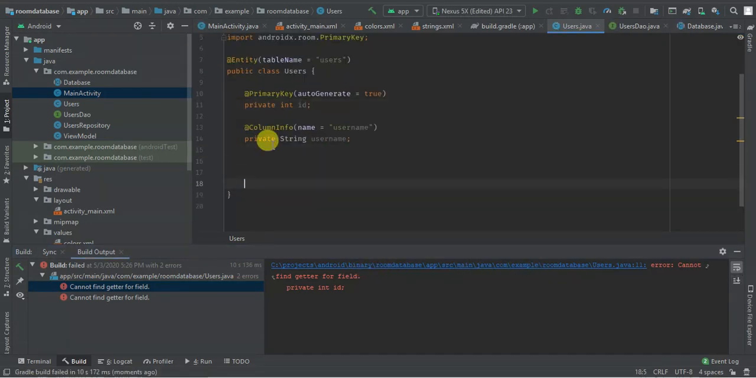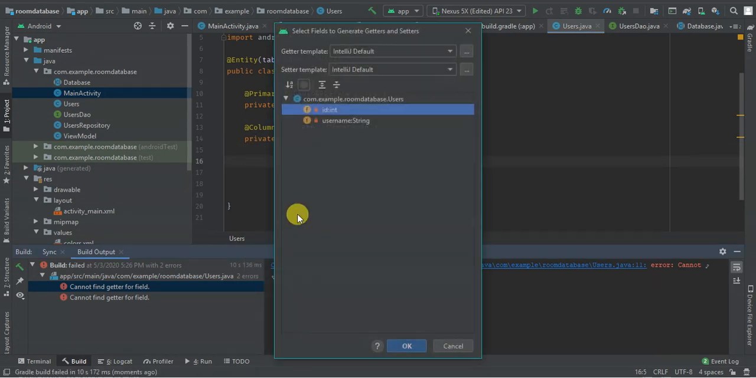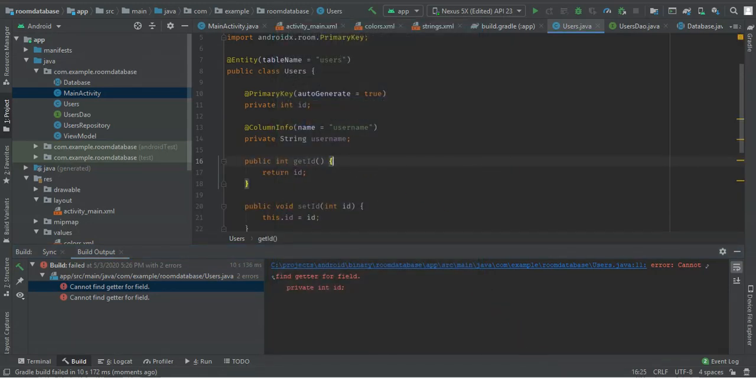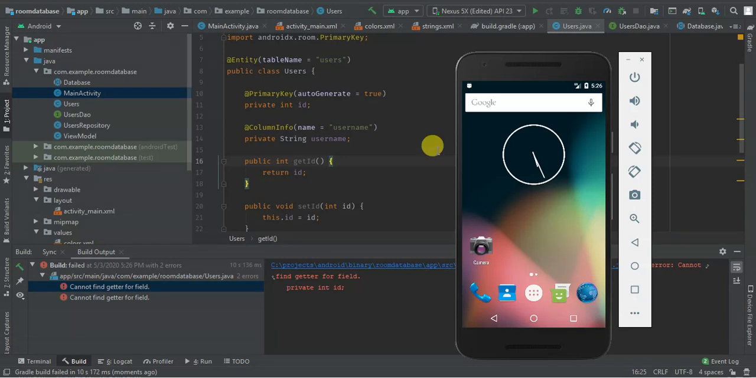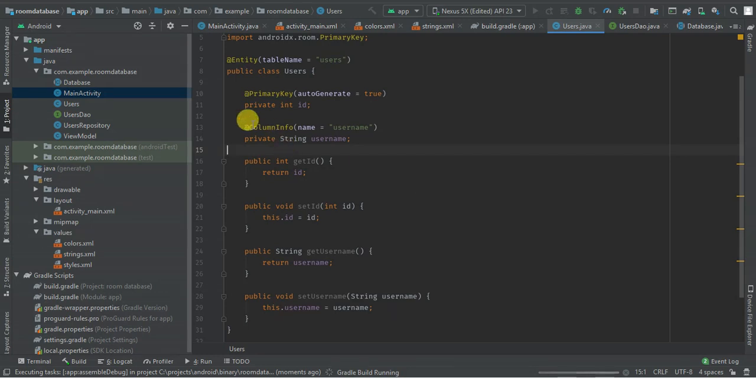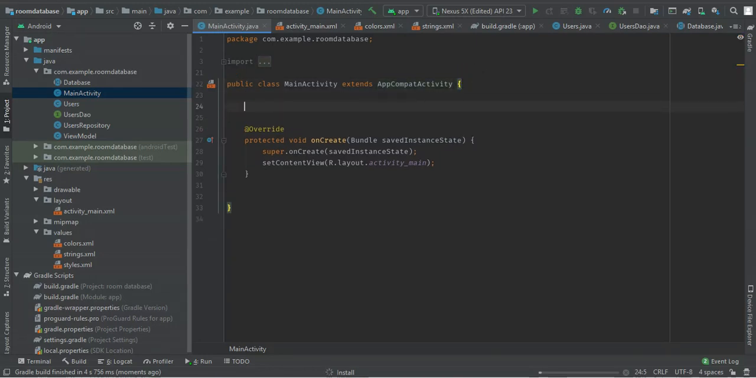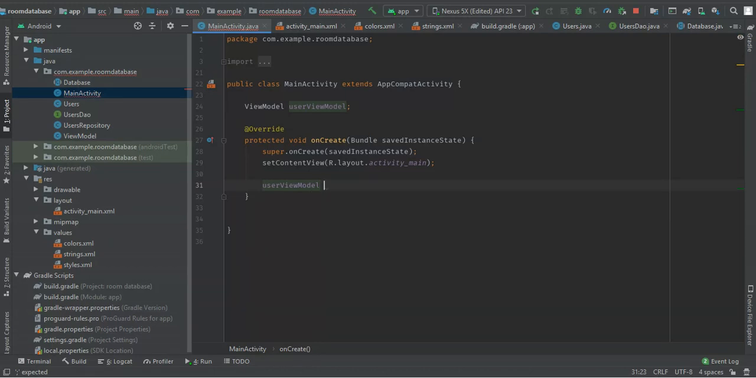Cannot provide. Okay, let me generate getters and setters here. And then I'm going to remove this one. Okay, so let me run my app. As the app is running, I'll have my view model here, user view model, and my userViewModel is equal to